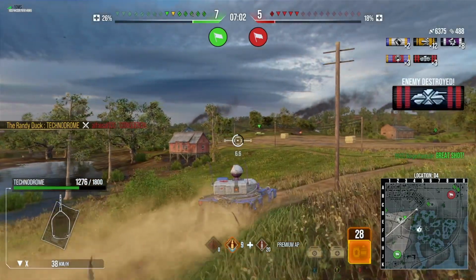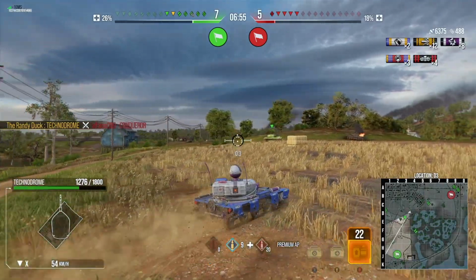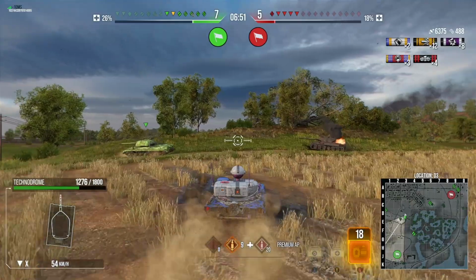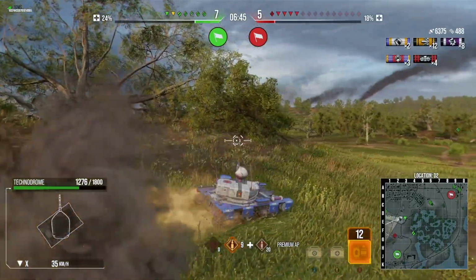Now we finish off the Conqueror, which does confirm our 4th kill of the game, putting us on to just over 6,000 damage now, because it didn't have a lot of hit points remaining, and this game is starting to turn for the enemy team. We now have 5 tanks remaining, and we do have the advantage here on both the hit points and the